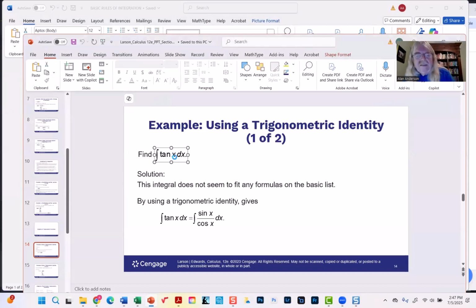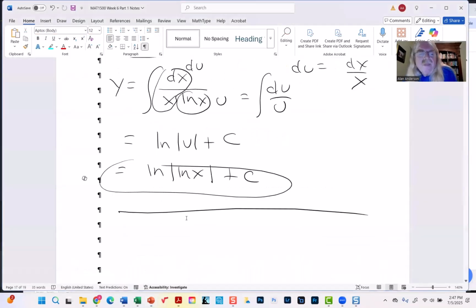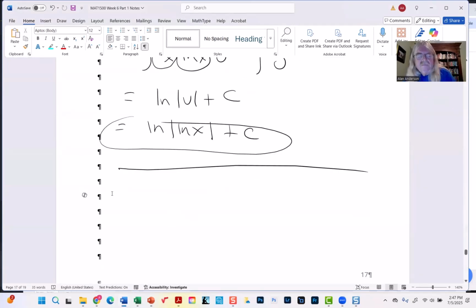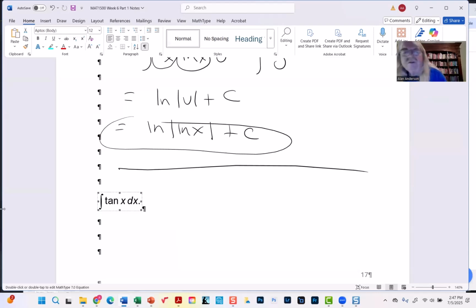Somebody goofed. So let's just use it. That's what the tables are for. You don't always have to use the most clever approach to calculating an integral. If it's on the table, just use it. Okay, so according to this rule that we see here,